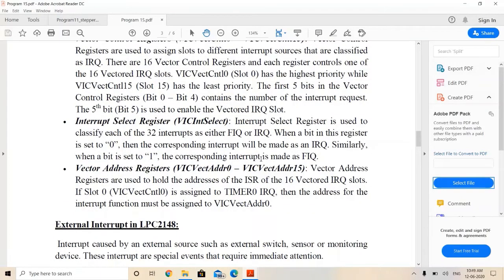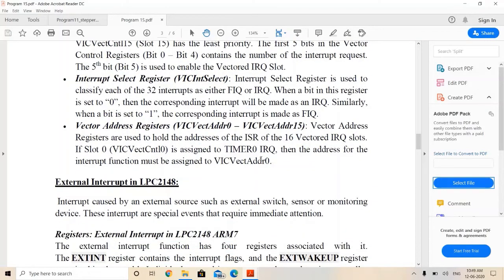Next is the vector address register. I already told you that whenever an interrupt is called, the processor should jump to that ISR. In order to jump, it should know the address of that interrupt service routine. To hold the address of the interrupt service routine, vector address registers are used.